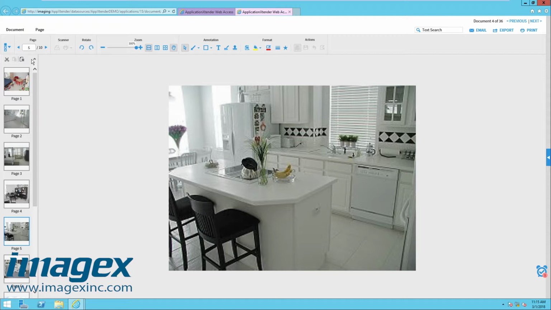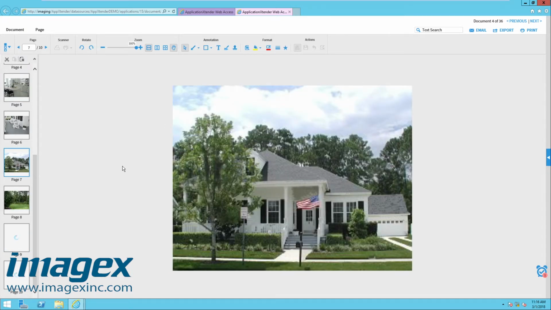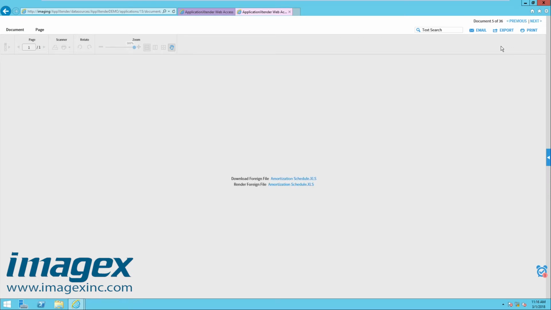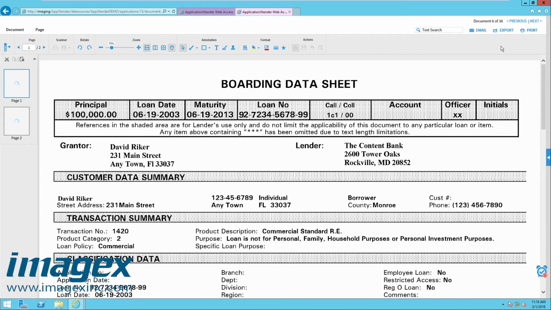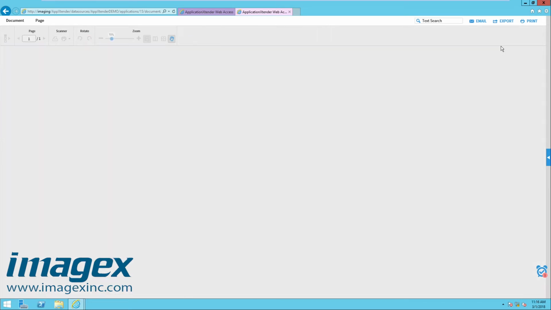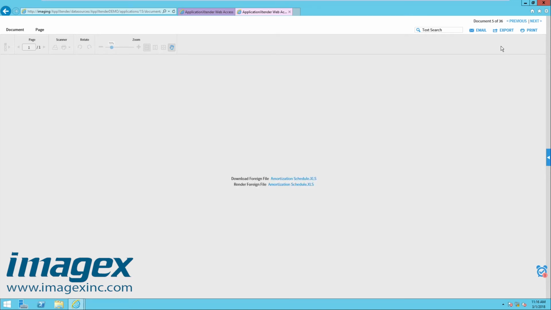Right now I'm on page 5. I'm going to move the cursor away from the next page, and on my keyboard I'm going to press Alt and Page Down, and it will advance the page. So if I want to go to the next document, right now I have 4 of 36. If I want to move to the next document, I can hit Alt N, and that's going to take me to 5 of 36, and keep going. You'll advance the next document, and then you hit Alt P as in Peter, it will go back to the previous document. And if you want to press Alt and question mark,